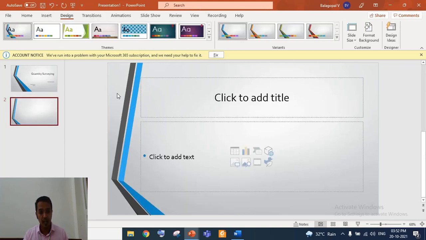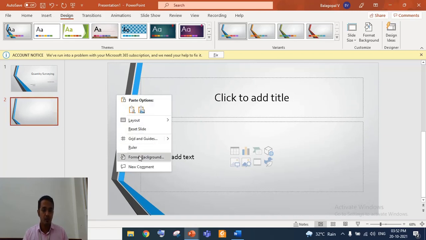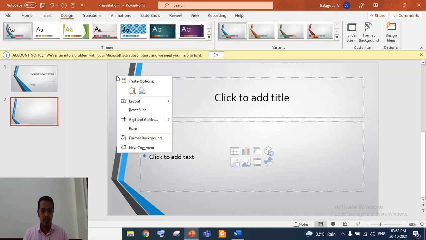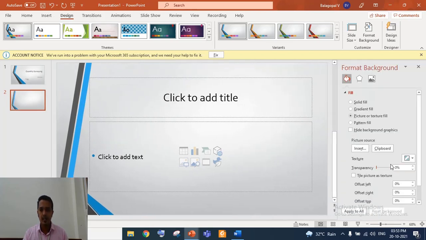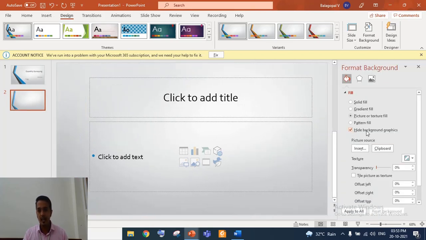And as I told in the guidelines, you have to use graphics on the first and last page only. So for formatting the background, you can right click and select format background, and you can hide the background graphics.